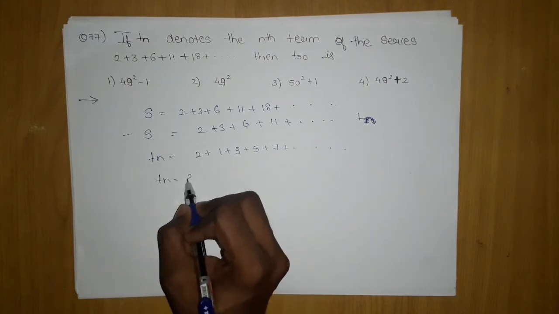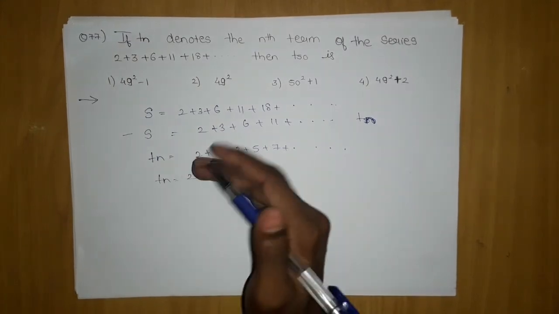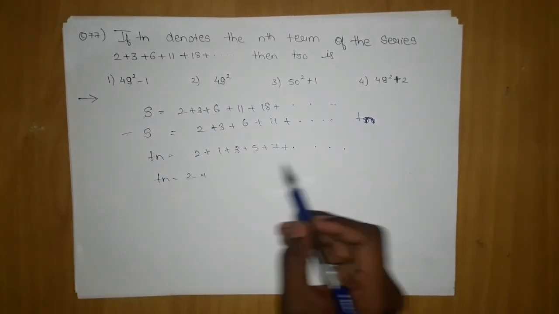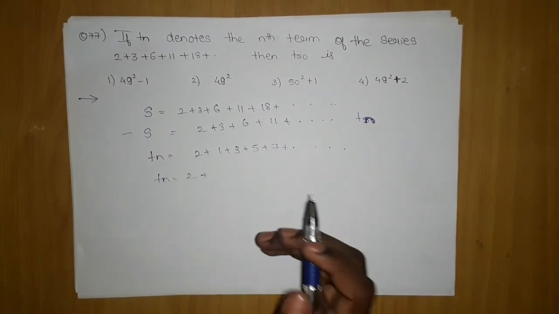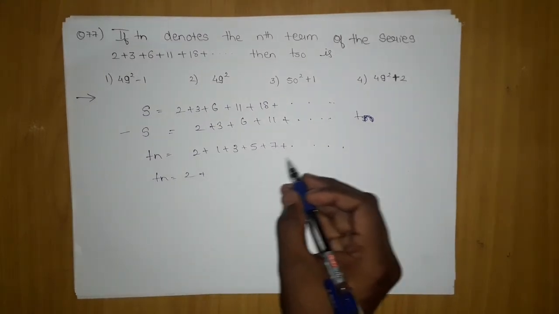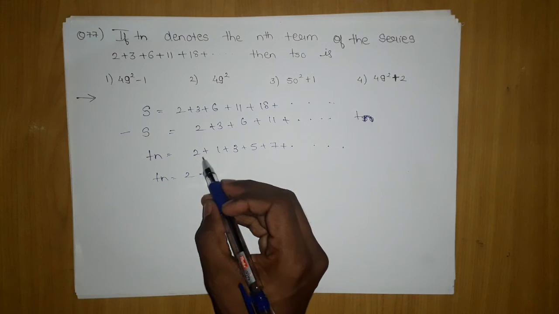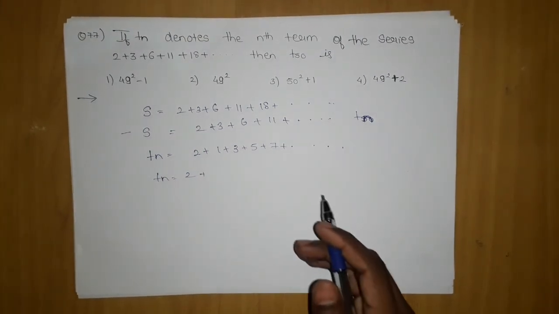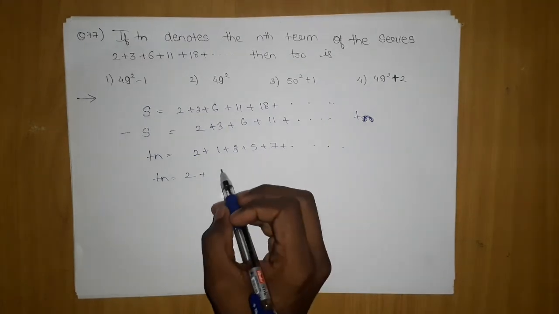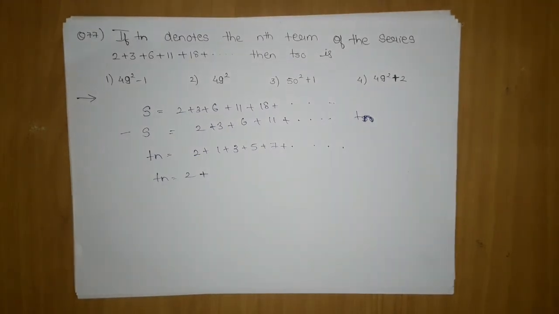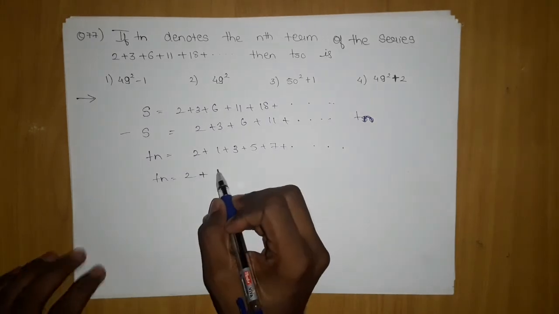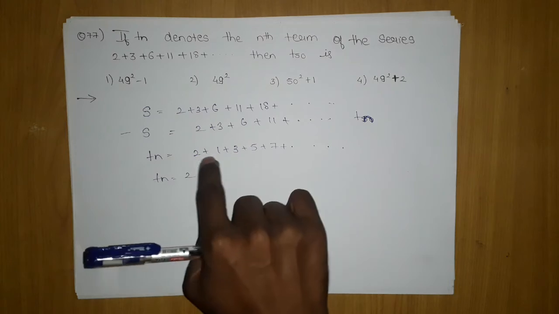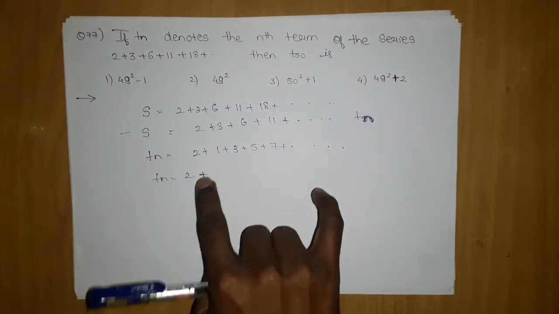For the Tn term I know that this is a separate term and this is separate. If it is n terms, this will be n minus 1 and this will be n. If I get the sum of these n minus 1 terms, then I have to add 1. So here 1 plus 3 plus 5 plus 7. We will take the sum of this, move it forward, and we get this separate series. I will find the sum of these terms and add this, and we will get Tn.